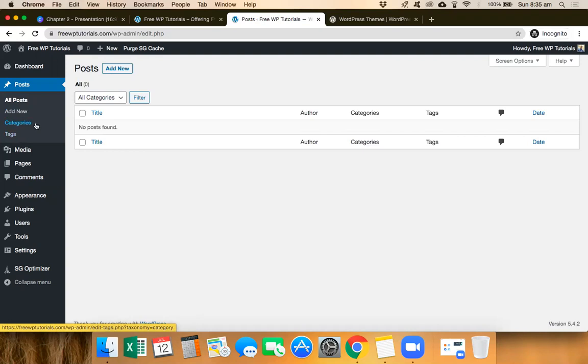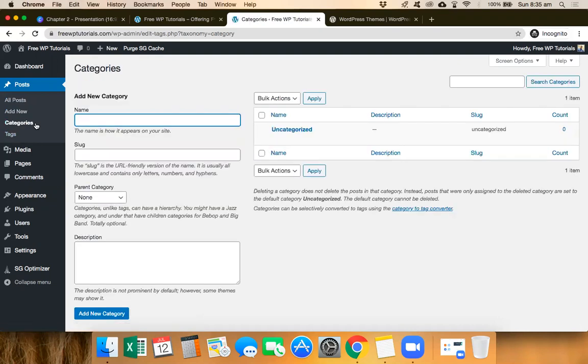Now, let's say for instance, for digital marketing. Categories are basically buckets that you're actually creating so that you can clearly segregate your blog articles into each one of these categories. Let's say you have a category for digital marketing, you have all your articles under that. Let's say you have a category for SEO, search engine optimization, and you have articles related to SEO categorized under that particular bucket.